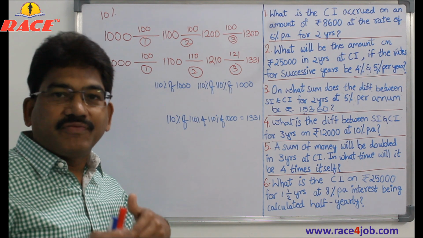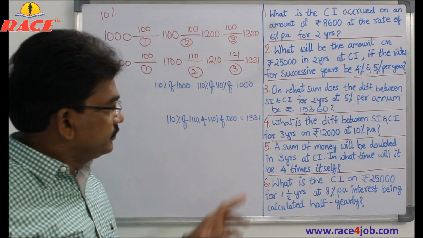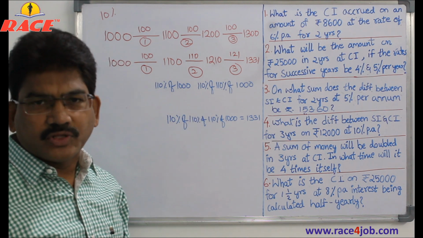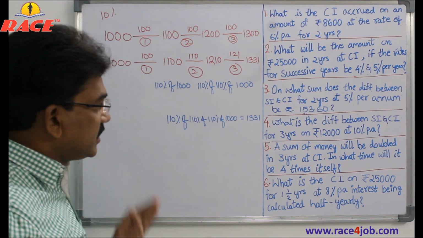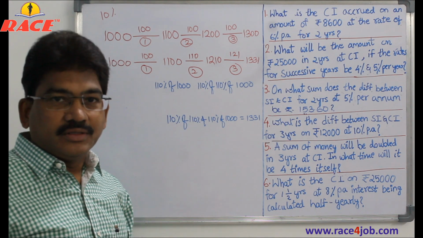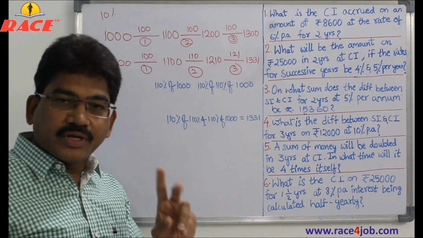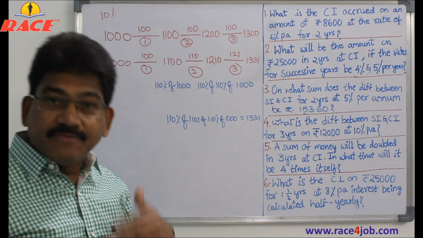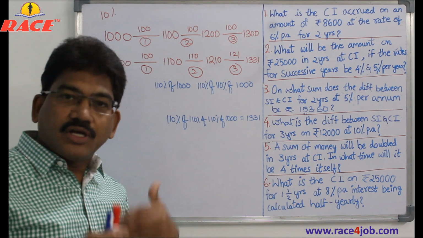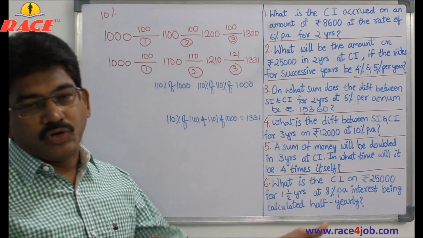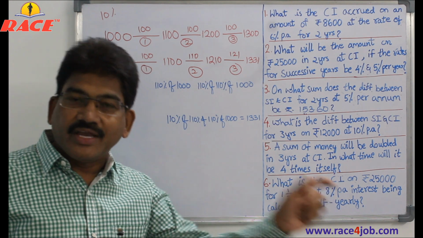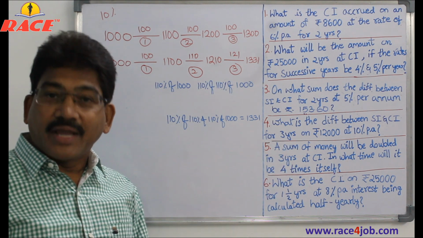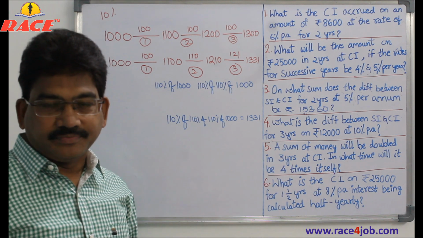Say the 10% rate of interest has become 5% now. So 1000 is not the principal. Let us take the principal as, say, 25,000. If it is 5% rate of interest on 25,000, how do you calculate? If it is 2 years, you can say 105% of 25,000. If it is 3 years, 105% of 25,000. Whatever the number of years you have to calculate, you take that many times by adding the percentage to 100%.